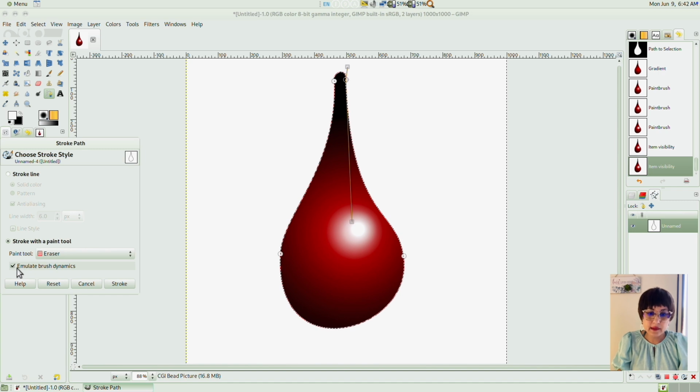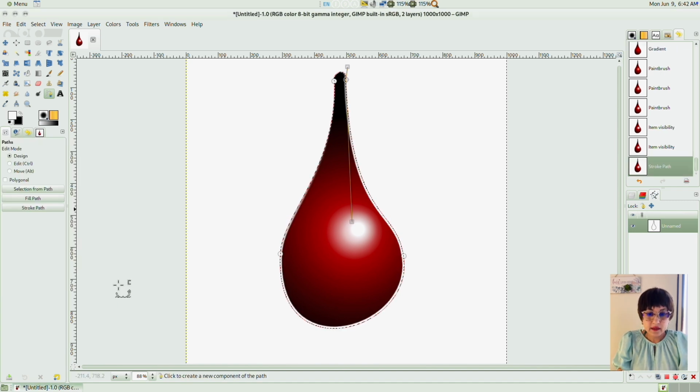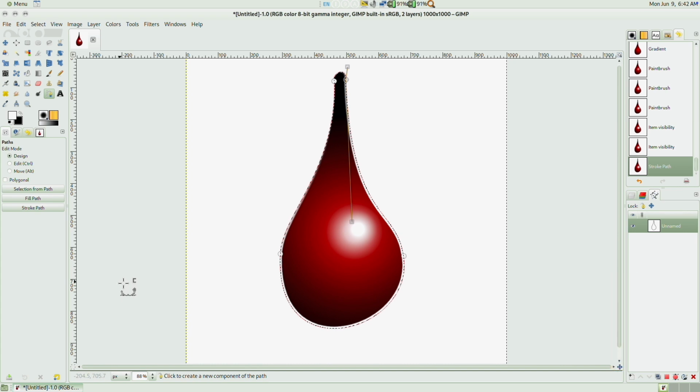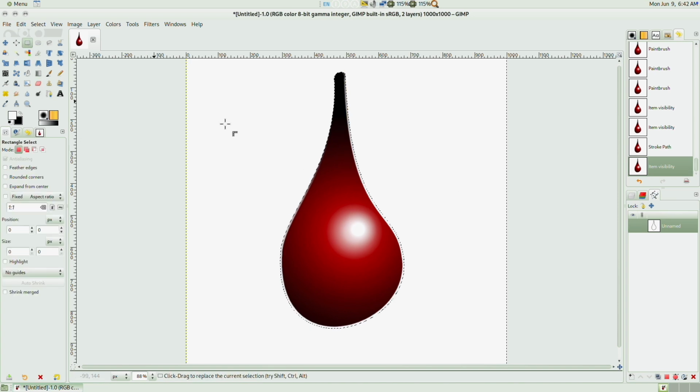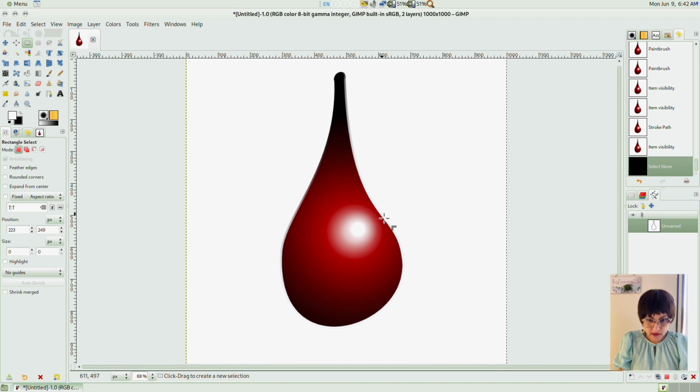That's going to use the brush that was previously selected just now. Looks like there's a slight contour there.